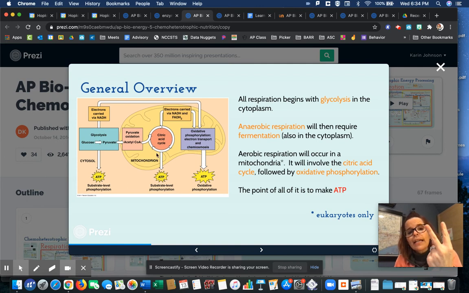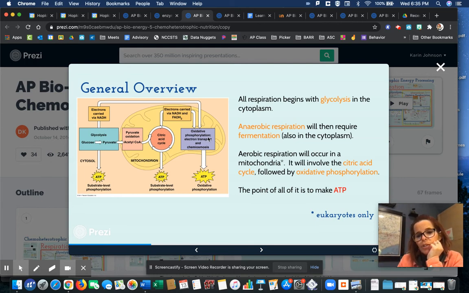And then the citric acid cycle releases two carbons, but it goes around twice because of the two pyruvates. So that's our six carbons right there. So we've released all six carbons in that. And then the electrons are carried. So we produce a little bit of ATP there, a little bit of ATP in glycolysis. The majority of the ATP, something like 32 to 34 ATP molecules, are made in the electron transport chain during